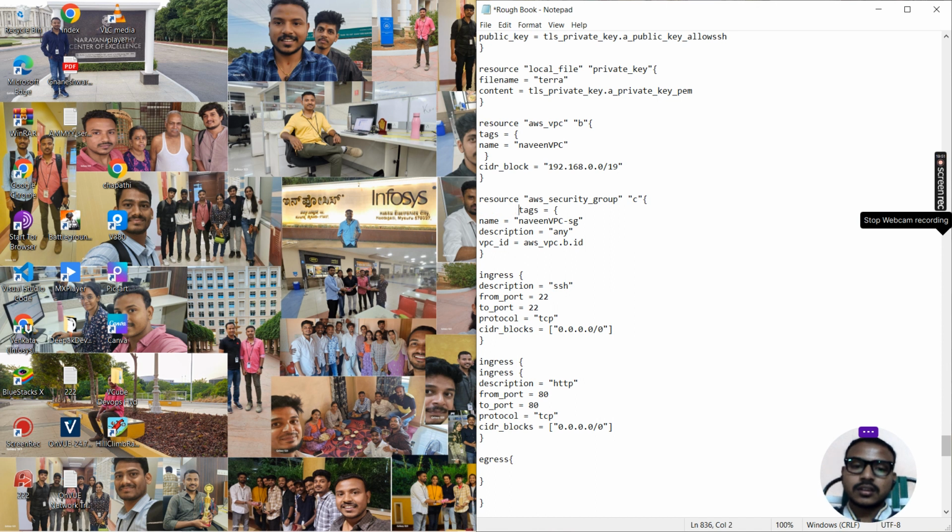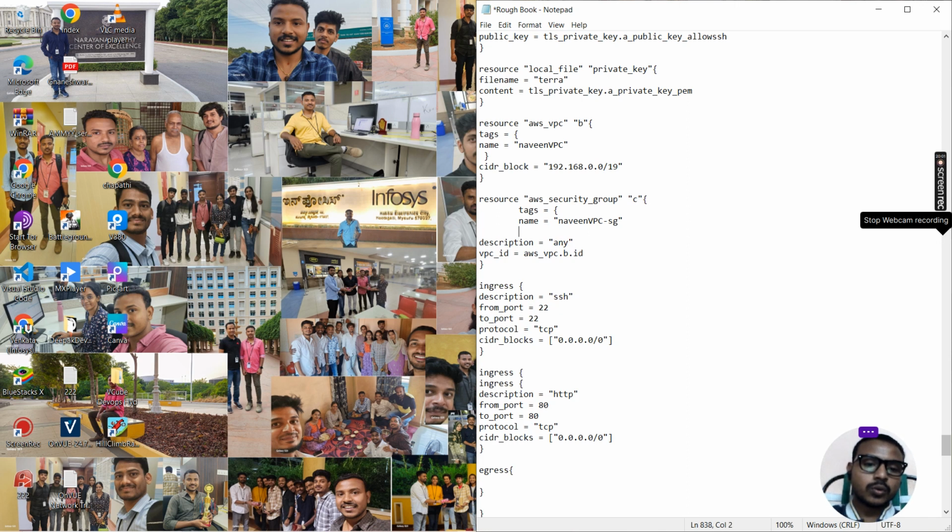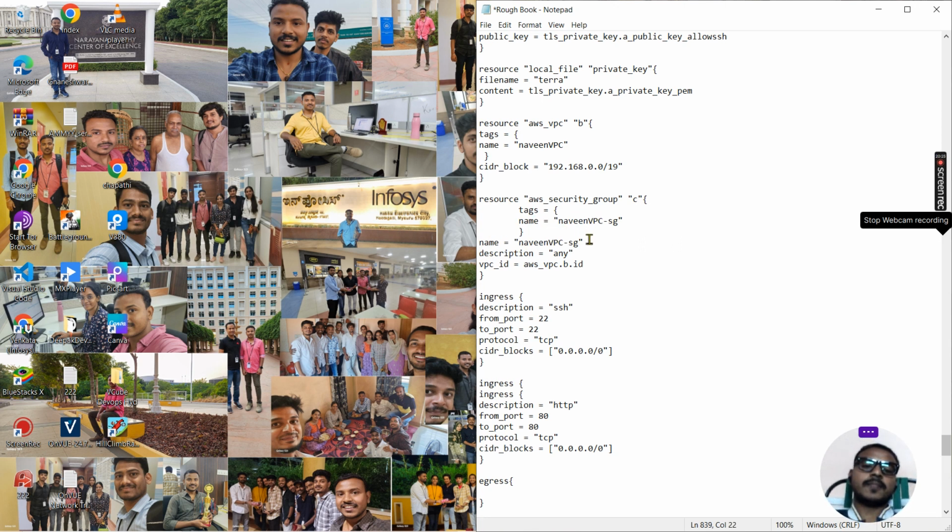Tags, name. I forgot to give the close bracket here. See tags, I forgot to give the tag close. Again, you need to give the name here. Don't forget. Okay. Name, description, VPC ID. Okay. Then